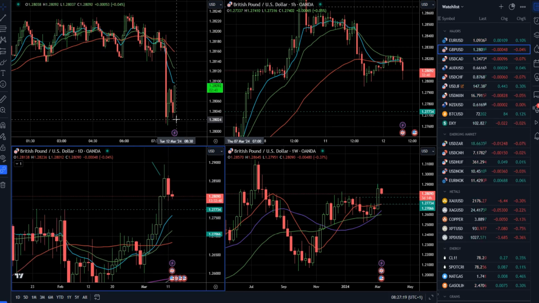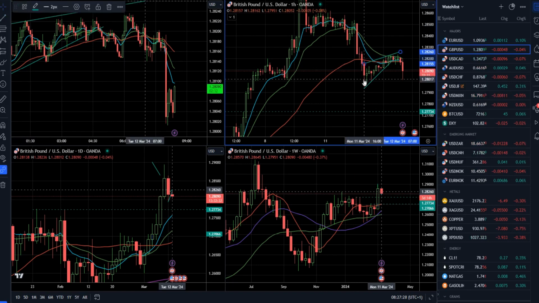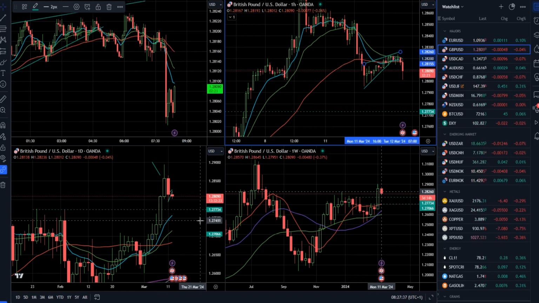We can see also in the 5-minute and hourly we had something like a bear flag formation at this point. The market had a breakout to the downside of this consolidation. You can see that's a 5-minute time frame. So there will be a chance for the market to go lower towards